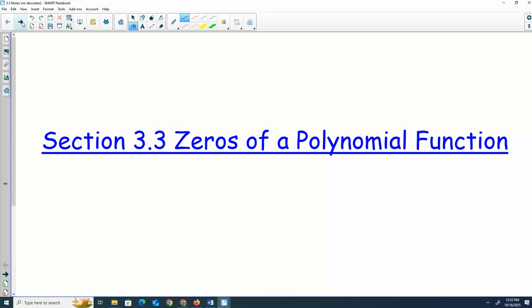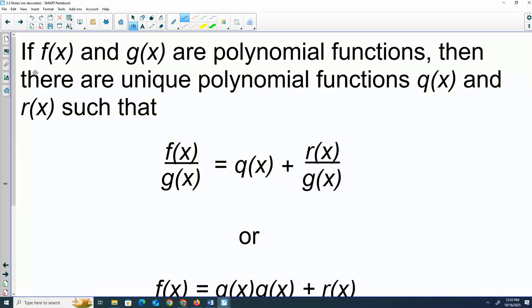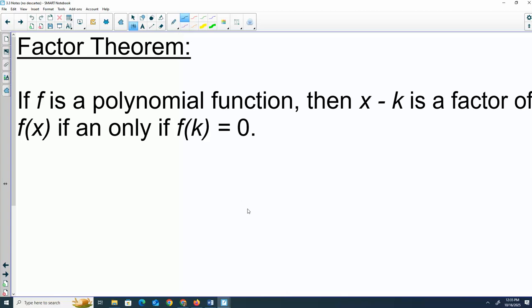So the first thing that we need, actually I think I'm going to skip that one. This is what we were talking about yesterday, so I'm going to go to this slide. The factor theorem. We're going to go ahead and write this down. It says if you have a polynomial, x minus k is a factor, that means it divides evenly, if and only if f of k equals 0. Remember from our remainder theorem yesterday, we said you could just plug in that value to get the remainder. So if I want to know if something's a factor, all I really have to do is decide if we're